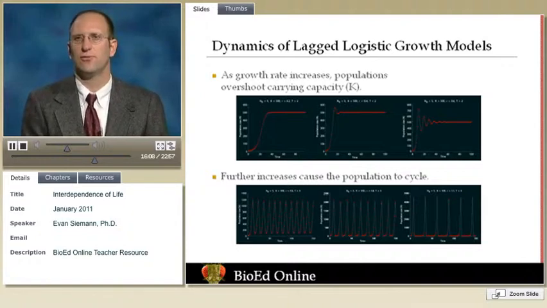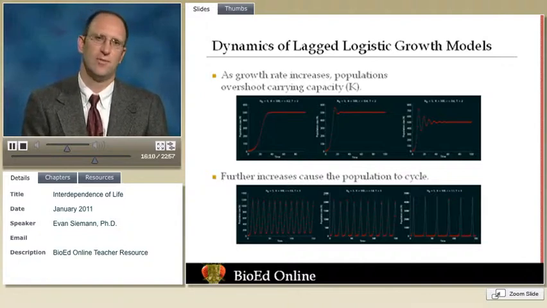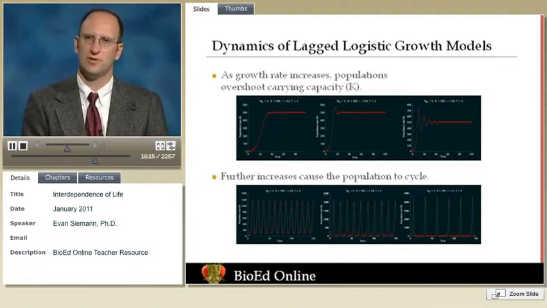In those cases where the population overshoots carrying capacity, it will come back down towards carrying capacity again. But again, if there is not instantaneous feedback between population size and births and deaths, the population can again overshoot carrying capacity and go down below carrying capacity. In some cases, the population might never reach carrying capacity and may continuously cycle above and below carrying capacity.